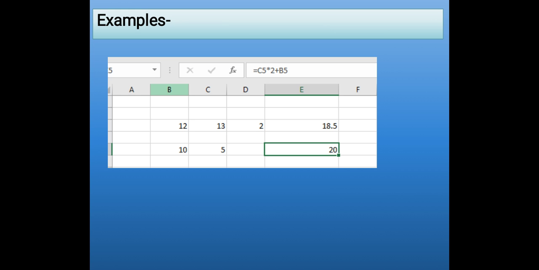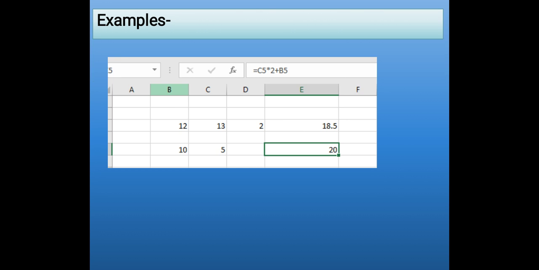In the next example you will see that we have used a multiplication operator and an addition operator. Please children remember that when we use a formula, it uses the BODMAS rule that we will study in the coming topic. When we write a formula and press enter key, you will see that the cell shows the result and the formula bar shows the formula. Children, just see C5 multiplied by 2 plus B5. In this we have used cell addresses C5 and B5 and we have also used a value. We can use the value directly or we can use